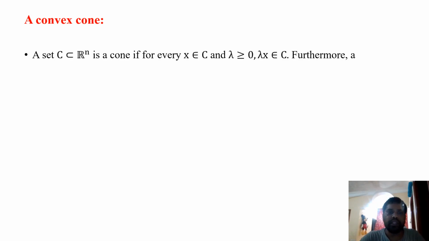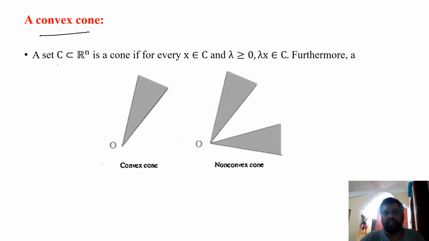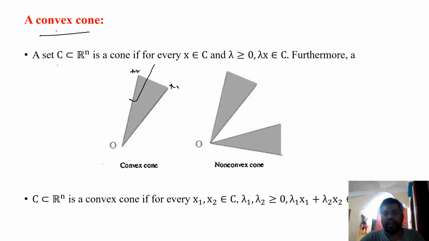Coming to the recap of the previous class, what is the dual cone? First I would like to give a layman definition of the dual cone. Before the dual cone, I have introduced the definition of a convex cone. This is the structure of a convex cone. It is the conic hull of two vectors. If you have two vectors x1 and x2 and take the conic hull of these two vectors, the resultant would be a convex cone. That is the right way to define or construct a convex cone from two given vectors.